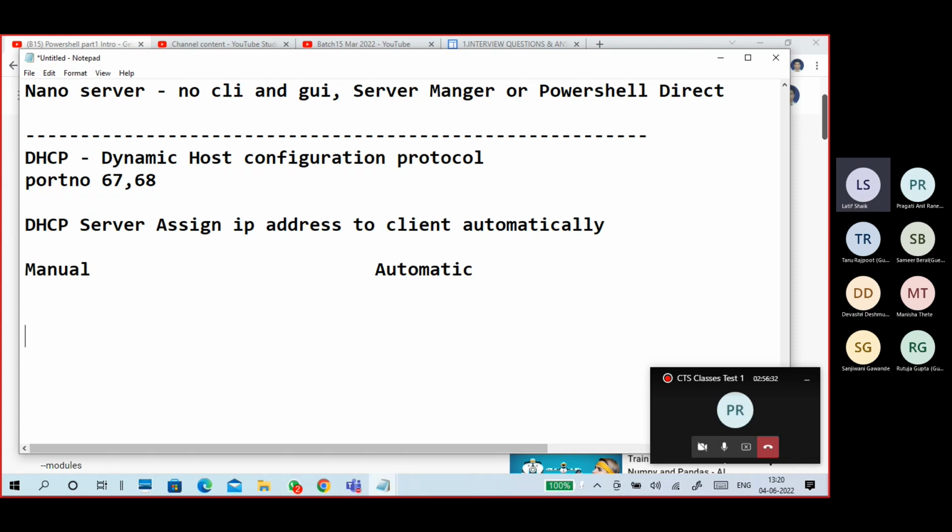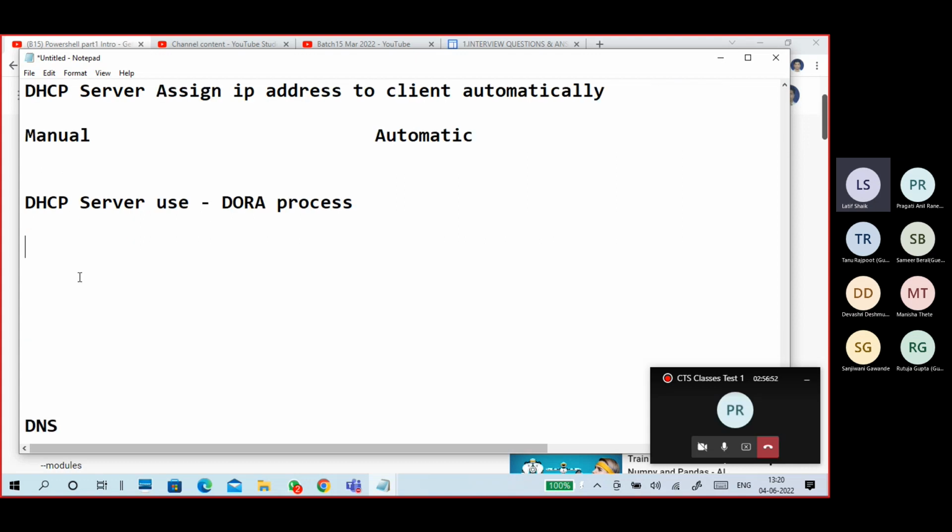Okay, that is next. Which process does the DHCP server use? DORA process. Yes, this is a question: what is DHCP, what is the advantage of using DHCP, and what is the DORA process?